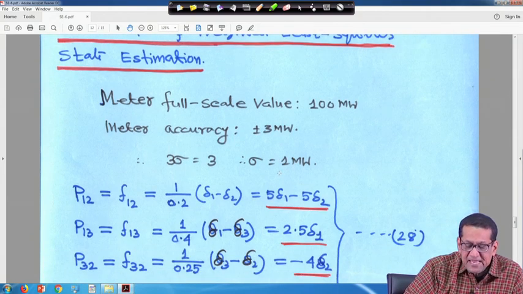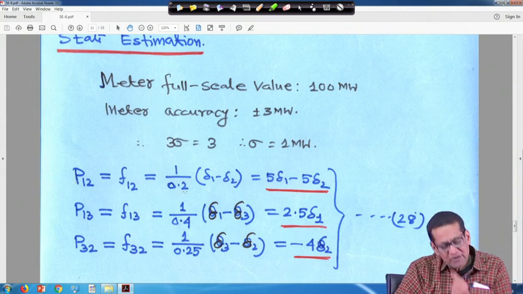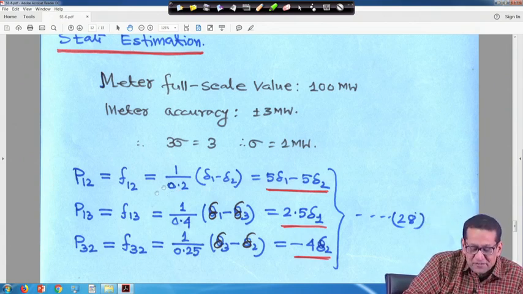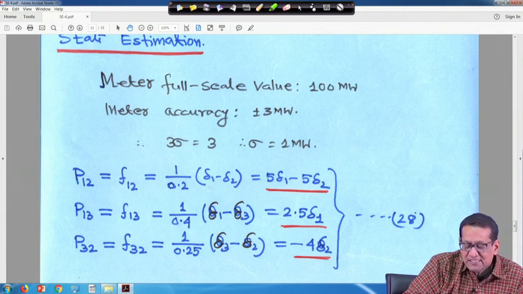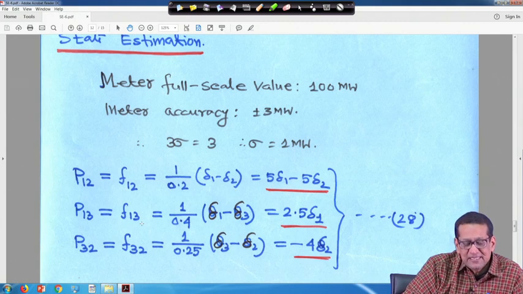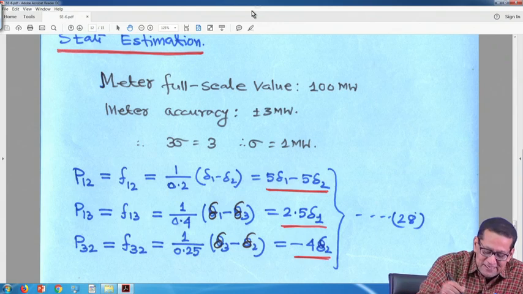Now, the same example, same data, the power flow from 1 to 2, that is F12, with the x12 value we have taken earlier. We are not going back to the diagram, since already 2-3 times we have seen the diagram, right. So, it is 1 upon x12 times delta 1 minus delta 2, this is actually 5 delta 1 minus 5 delta 2. Similarly, the power flowing in line 1-3, that is P13, this is nothing but your F13. In the mathematics it was F1, F2 up to Fnm, right. But when you are solving the problem, actually it is F1 to F3.